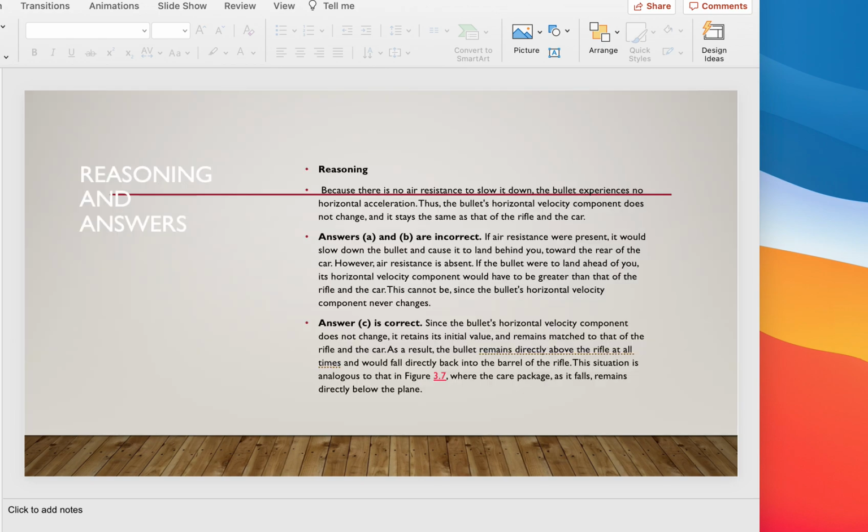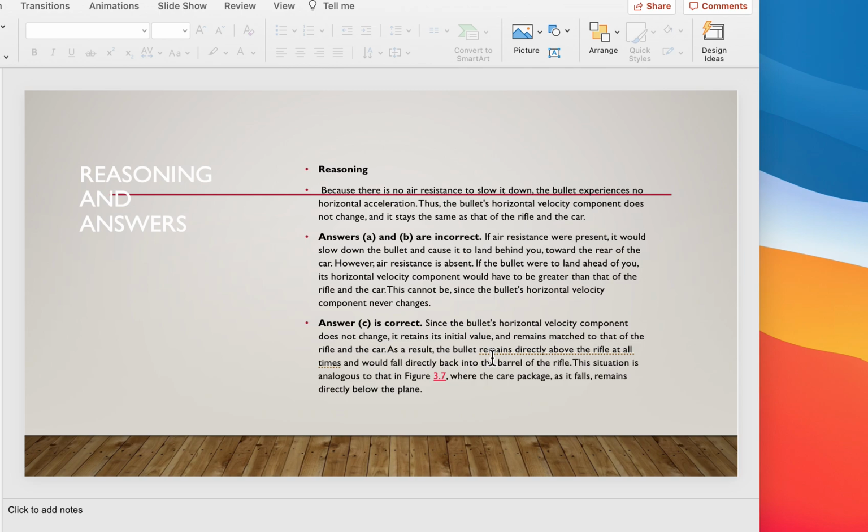For this question, because there's no air resistance to slow it down, the bullet experiences no horizontal acceleration. So Vx will be constant. So A and B are incorrect. The answer C is correct because